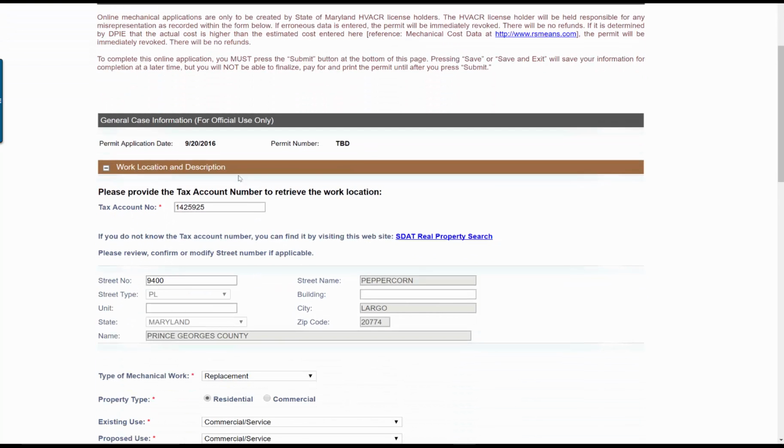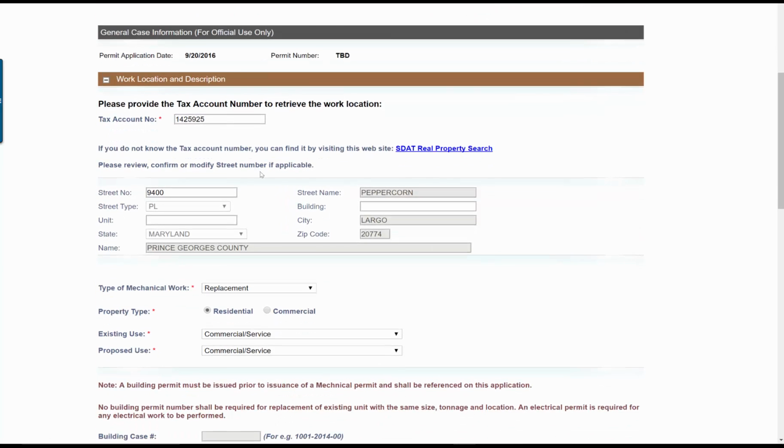To begin the application, you'll need to put a tax account number for the location where you are performing the work. If you do not know the tax account number, you can click the Real Property Search link here to visit the State of Maryland website to find the tax account number for a property. Once you've entered a tax account number, the address information for that property will be automatically completed for you. If you need to add a building number or a unit number, feel free to add that information to the